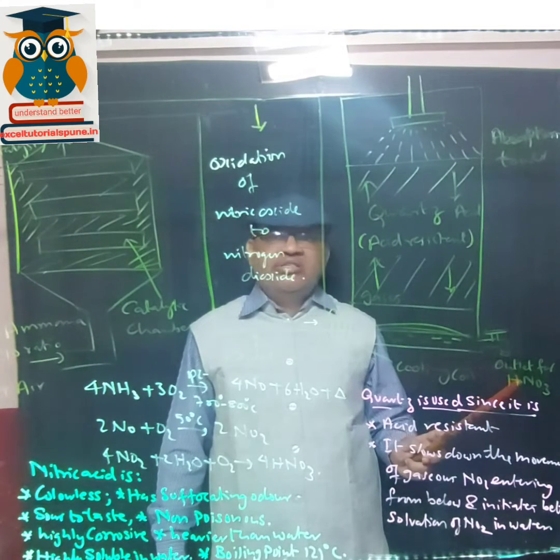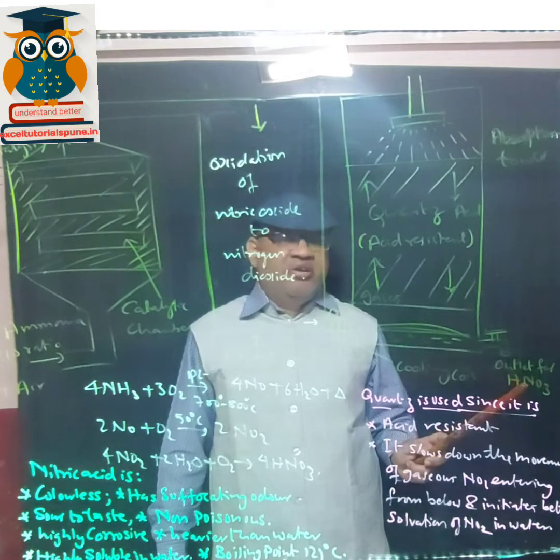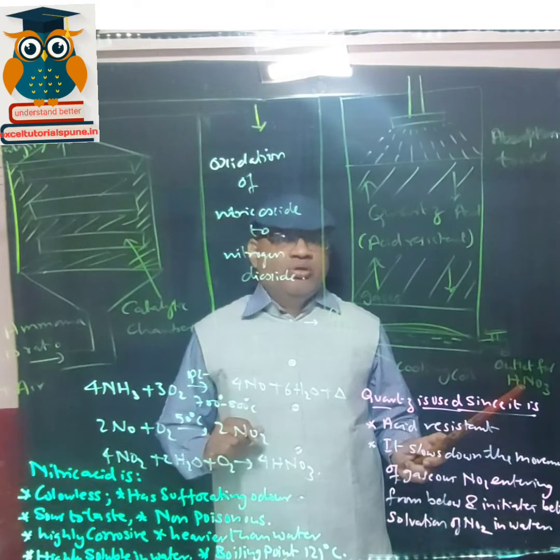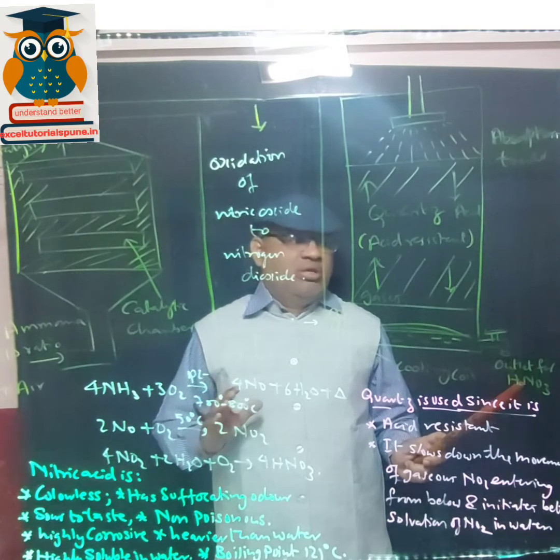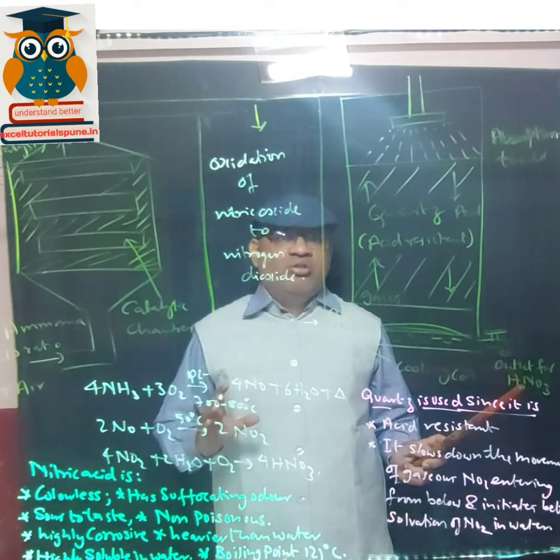But in this nitric acid there is water. But then how do you separate the water from nitric acid? Because it forms a constant boiling mixture, I have told you before. So you have to separate the nitric acid from water by the method of distillation and adding a little concentrated sulfuric